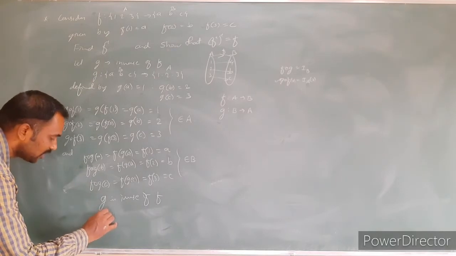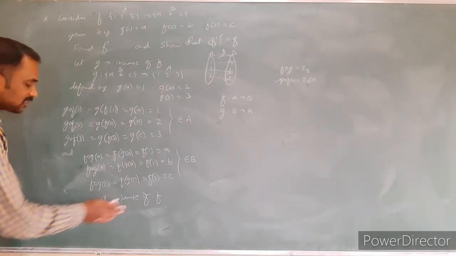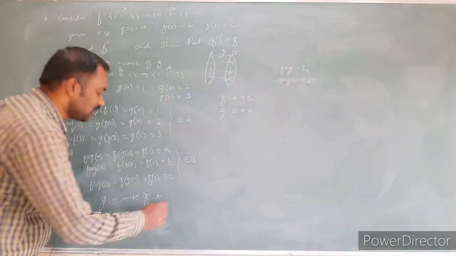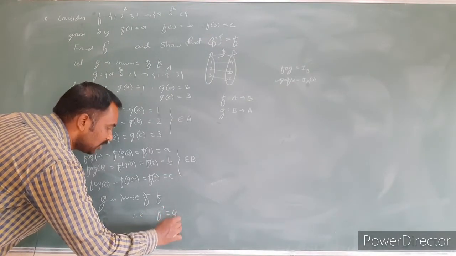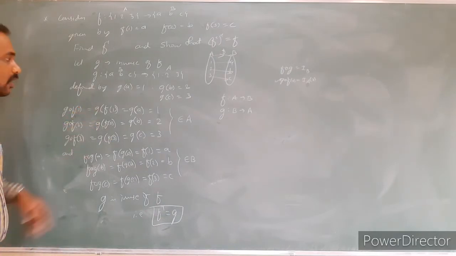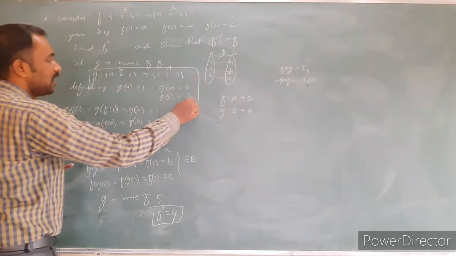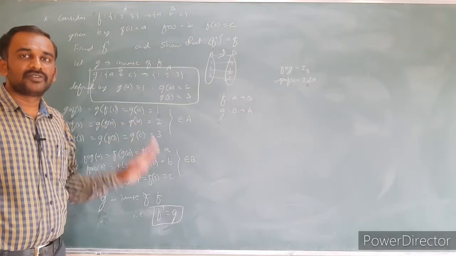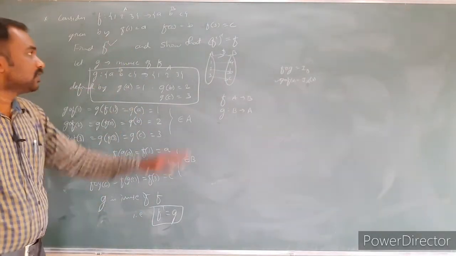Therefore, what is F inverse? It is sufficient to give the conclusion here. G is the required inverse of the function F. That is, we can say that F inverse is equal to G. The required inverse of the function is nothing but G. What is the G value? We have defined it here. Here is my required function G, F inverse, we just got it. Next, the first condition is over. Now, what do we need to prove?